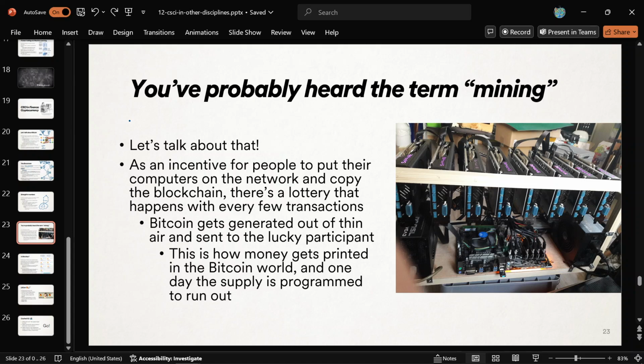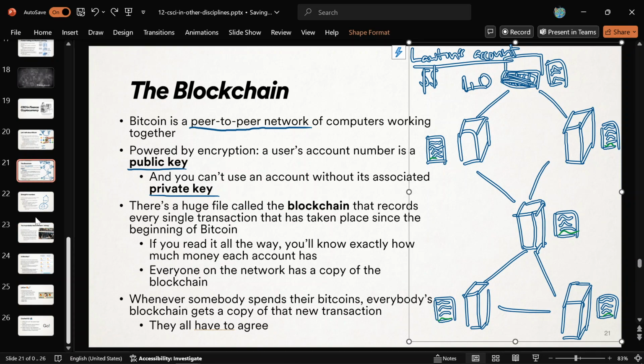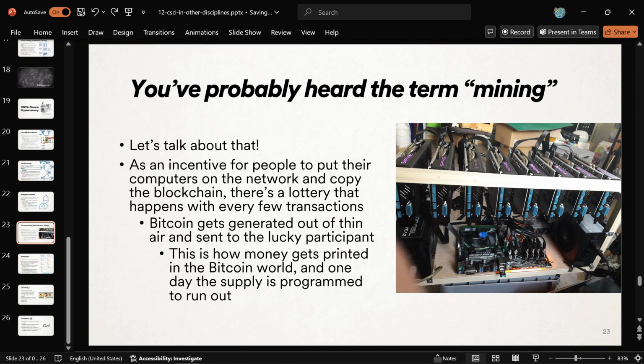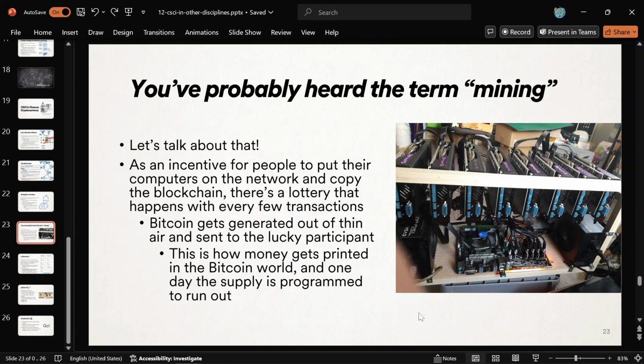It's also an incentive, because it costs money and energy to put your computer on this network and to save a big long file on your hard drive. So as an incentive for people to stay on the Bitcoin network and make it large and have strength in numbers, there's a little lottery that happens every time some transactions go through. So what happens is